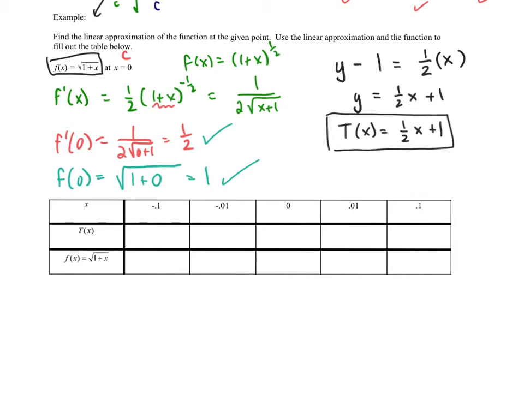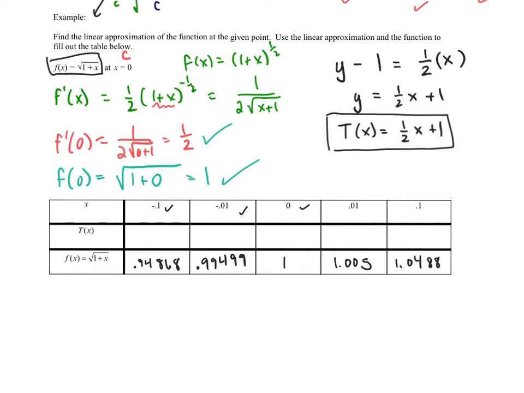if I plug in negative 0.1 and negative 0.01 and 0, things really close to it, the values I get are 0.94868, and then I get 0.99499, and then I get 1 there, and then I get 1.005 and 1.0488. So we'd want our tangent line approximation in this area to have values that are very similar, because if